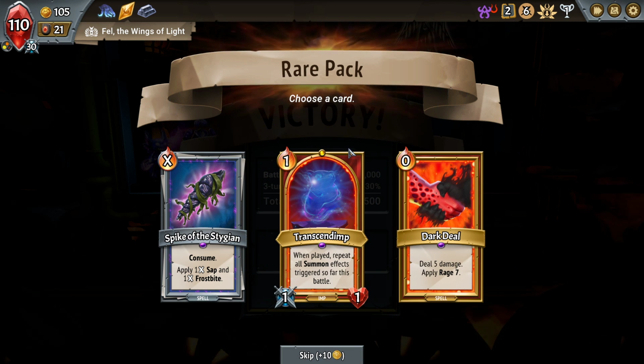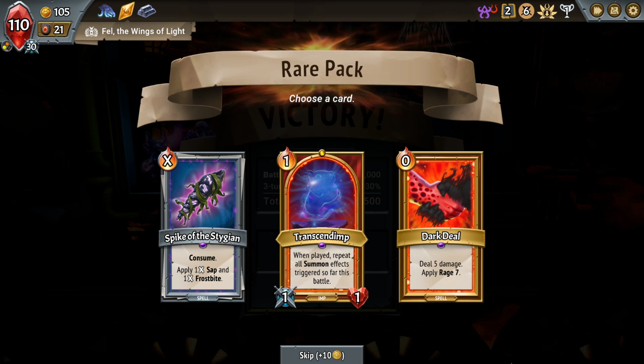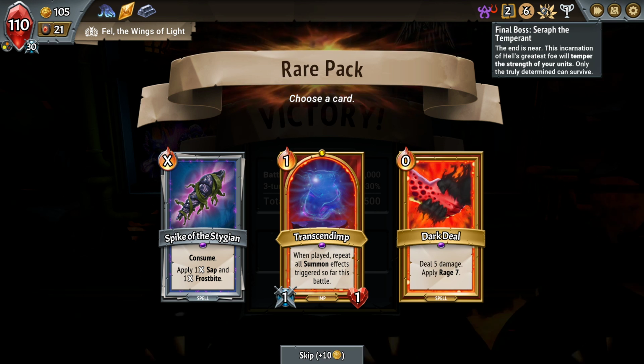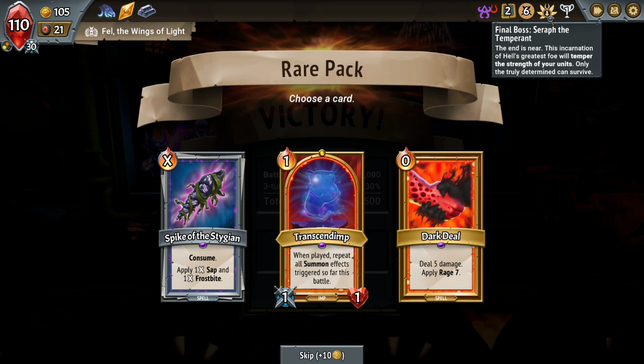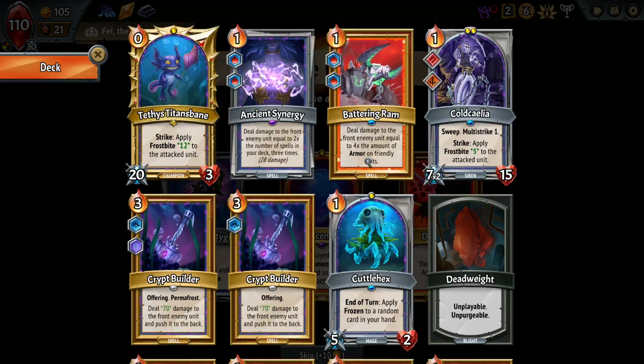Don't have any summon effects in this deck. Don't have much mana. Don't need rage. Well, it is 14 extra damage. Maybe I do need it. Okay, I might need it. Here's the reason. Seraph the Temperate we'll have the